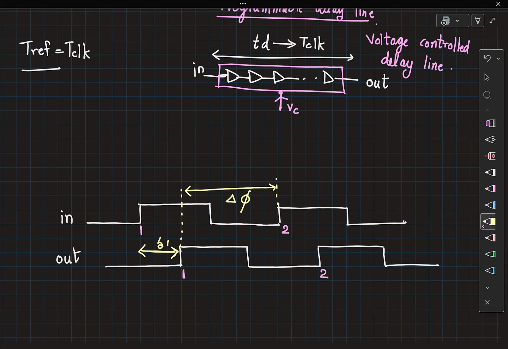Now, what is our aim finally? If the delay line needs to have a delay of t clock, what should be the value of delta 1? Delta 1 must tend to t clock. What should happen to delta phi?